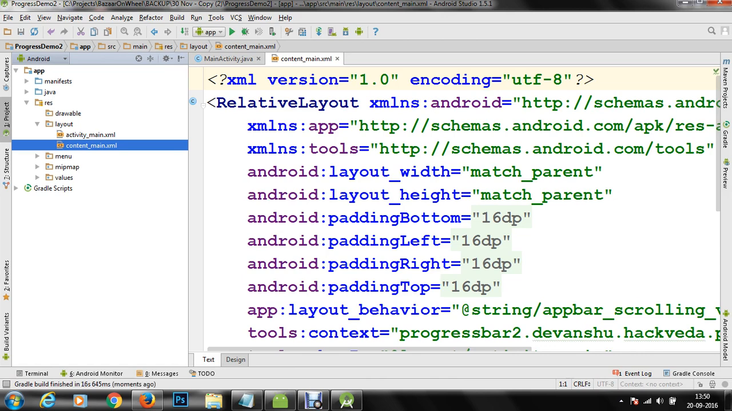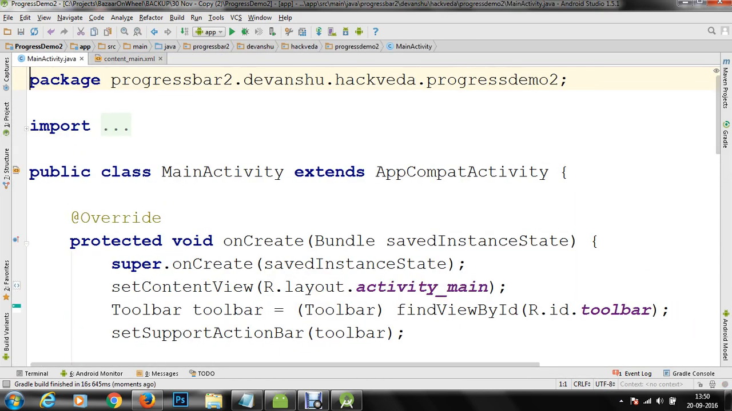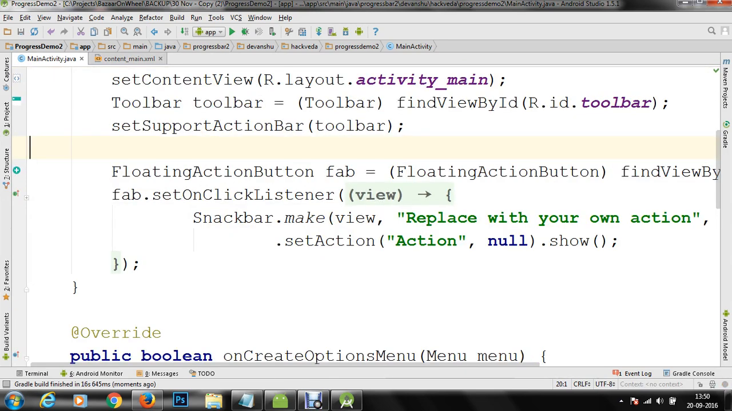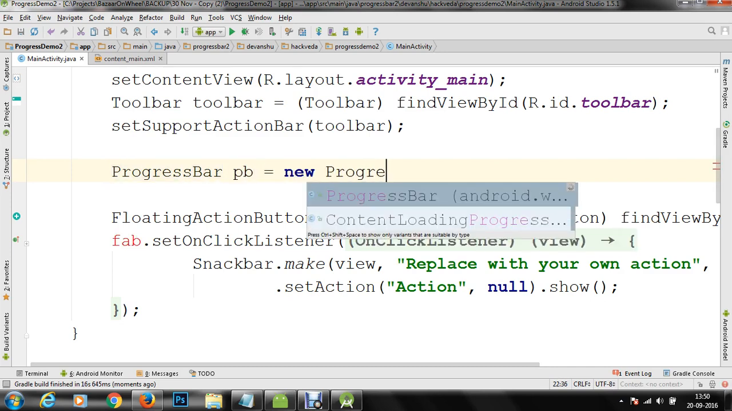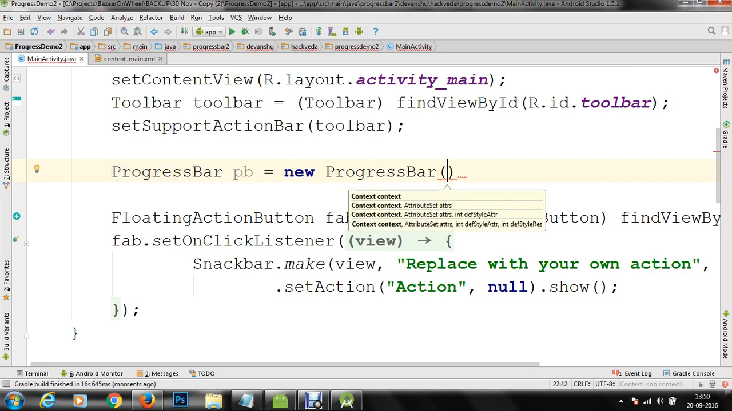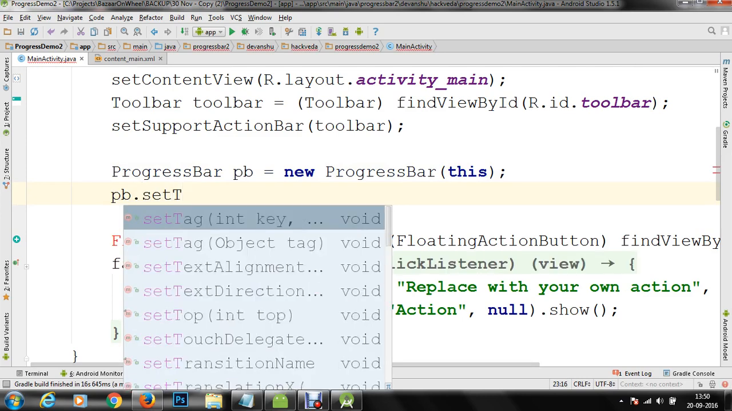Since the Gradle build is finished, now we'll go to main activity, and within this main activity, what we'd like to do is create a new progress bar as soon as our application runs. So let's say I'm going to create a progress bar, pb is equal to new ProgressBar, and we are going to specify the context this. So a progress bar has been initialized. Within this progress bar we are going to set the title,